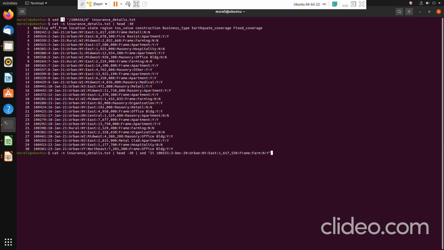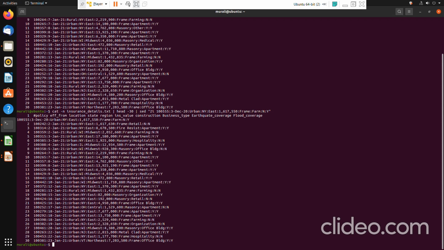Anyhow I am inserting only in the context of the output, right? So fine, look at the output of this. The first line and the second line, what I have inserted, 100555, see, then this entire thing.